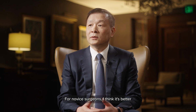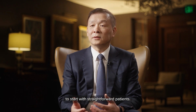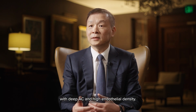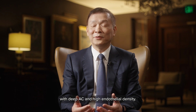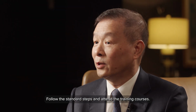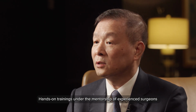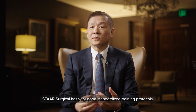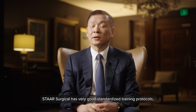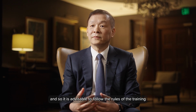For novice surgeons, I think it's better to start with straightforward patients. By that, I mean moderate myopia with deep AC and high endothelial density. Follow the standard steps and attend the training courses. Hands-on training under the mentorship of experienced surgeons is also very helpful. STAAR Surgical has very good standardized training protocols, so it is advisable to follow the rules of the training